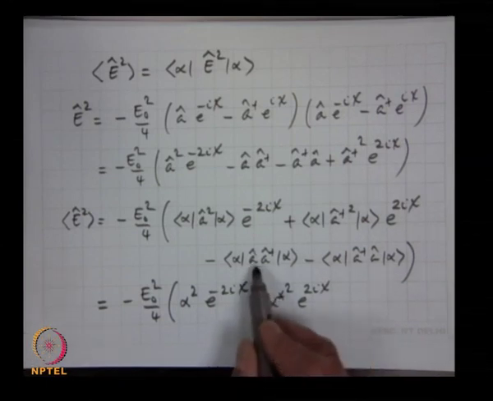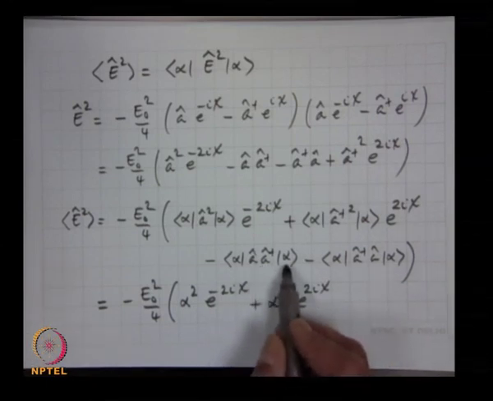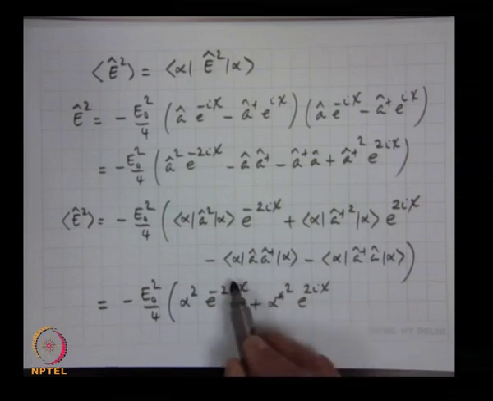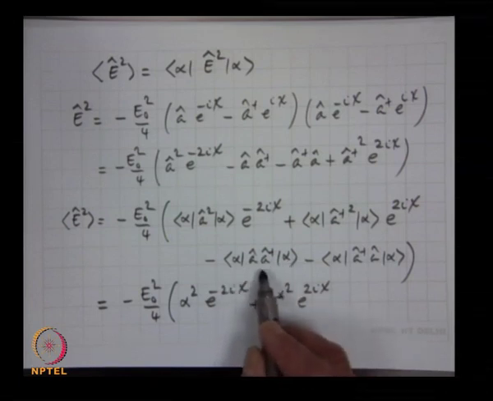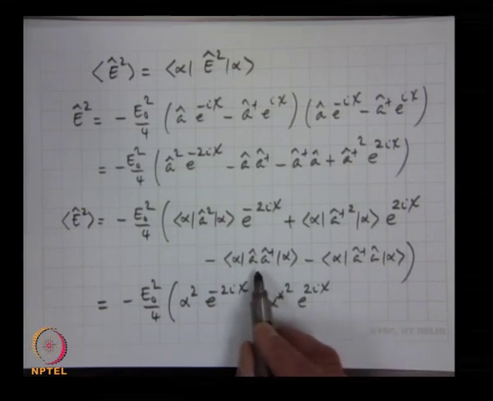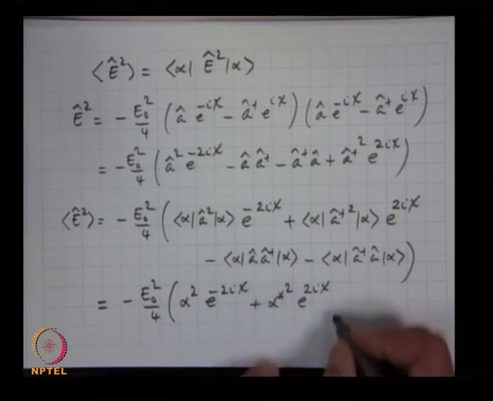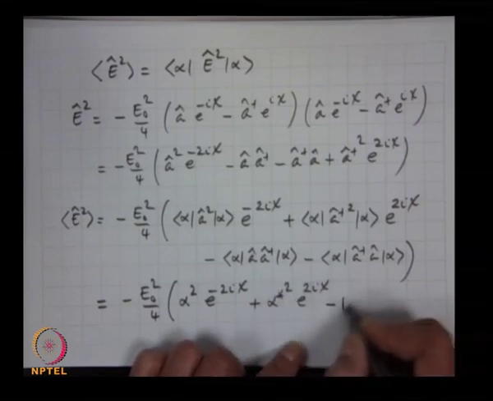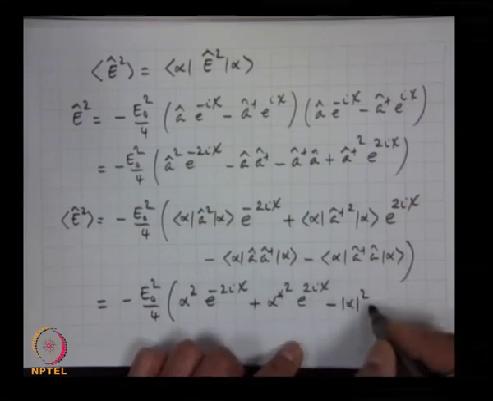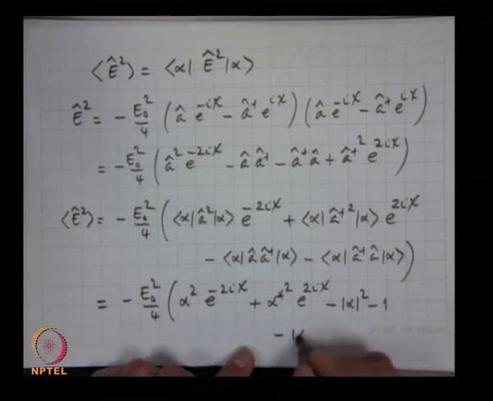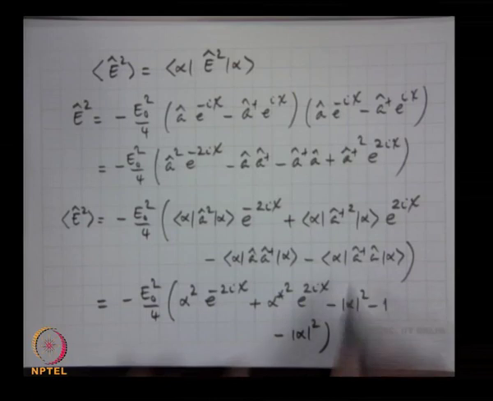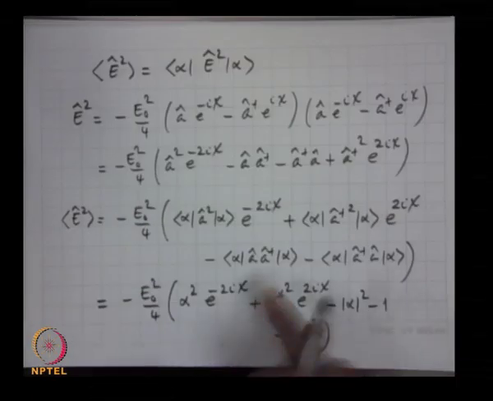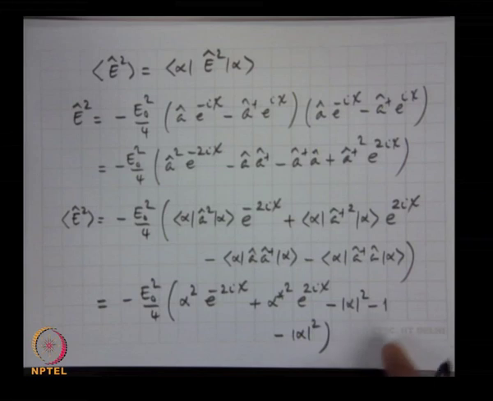Now please note that a a dagger on alpha is not alpha star alpha. a dagger operates on bra alpha. So I need to replace a a dagger in terms of a dagger a by using the commutation relation. So a a dagger is a dagger a plus 1. So I get minus alpha a dagger a alpha, which is mod alpha square, and then minus 1 minus mod alpha square. So this a dagger a expectation value is mod alpha square, a a dagger expectation value is mod alpha square plus 1, and so expectation value of E square